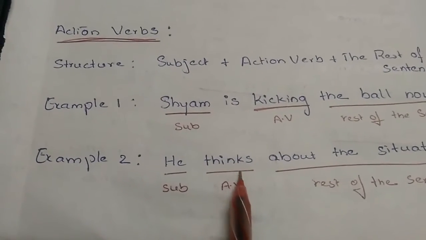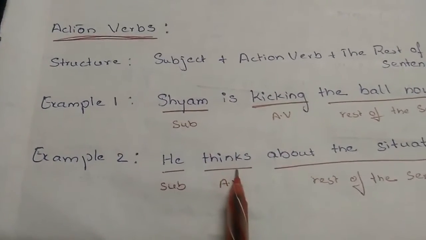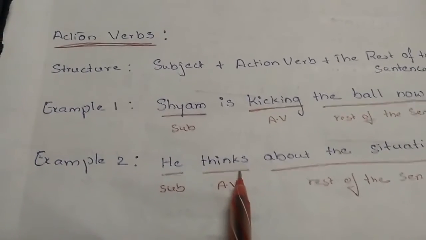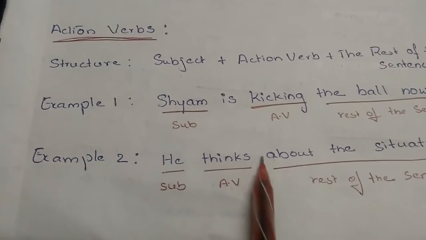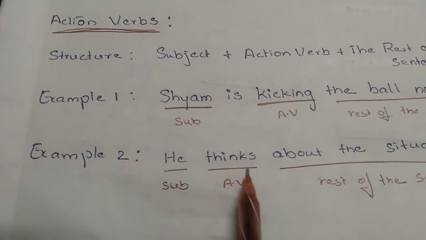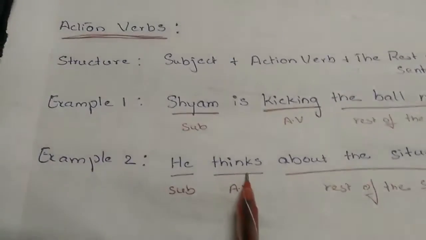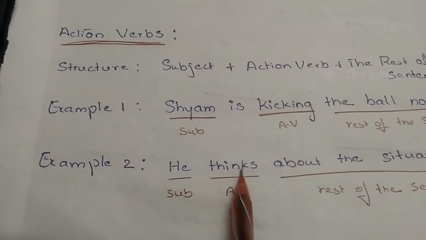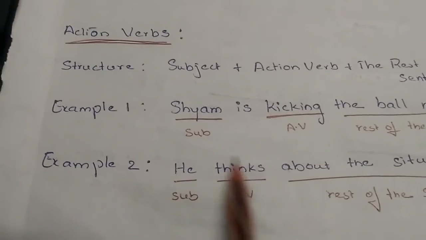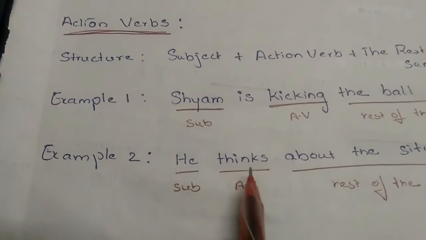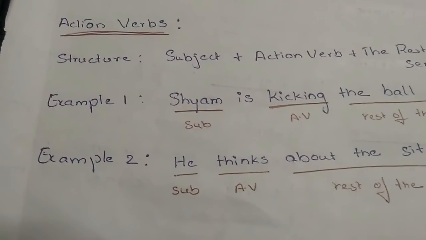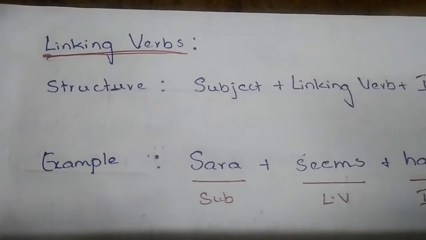Usually, verbs which refer to mental actions are not expressed in ing forms. That means if they are used in their first meaning in a sentence, then they are not expressed in ing forms. We have to be very careful while using these action verbs which refer to mental actions.